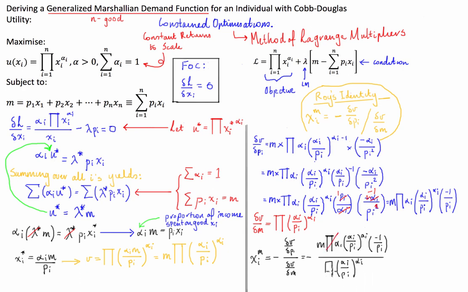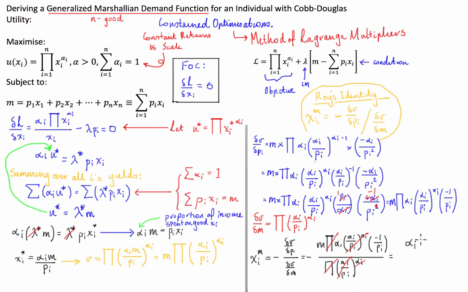So that and that will all cancel. So everything down the bottom is gone. So finally, our Marshallian demand, our negative at the front of Roy's identity and our negative 1 in our 1 over pi is going to cancel out to form a positive. And we're going to be left with